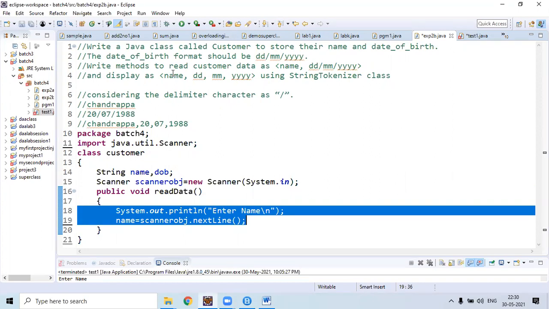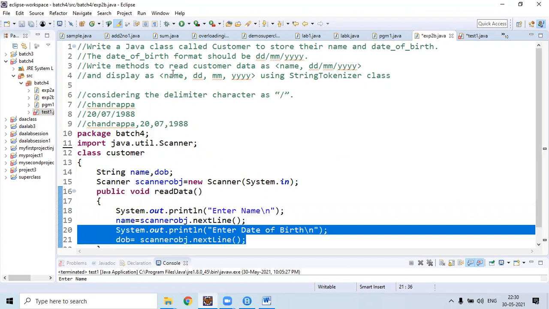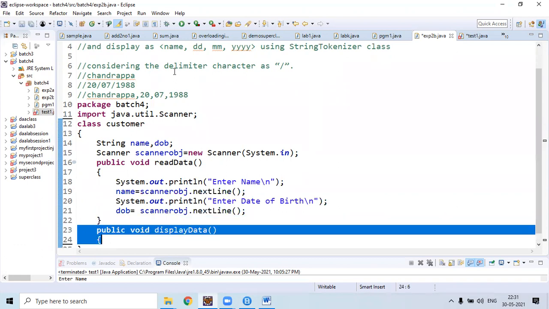Using these two, we need to read name from command prompt. The same way, use next line method along with scanner object to read date of birth from user, then store that in DOB. Here name is stored in variable name. Date of birth is stored in variable DOB. Both are strings.